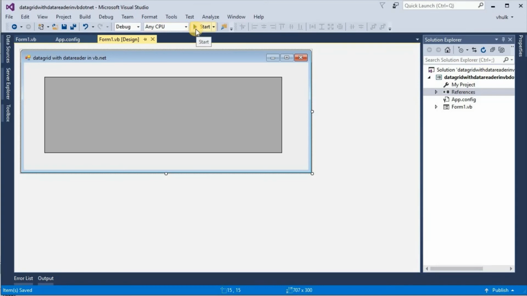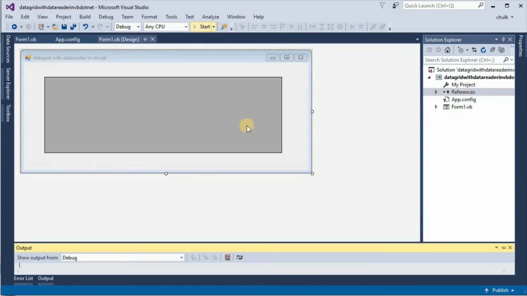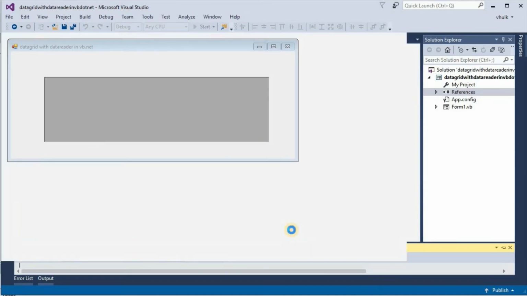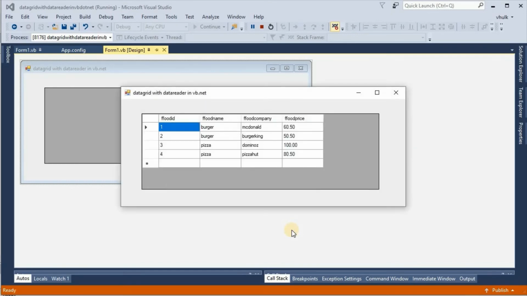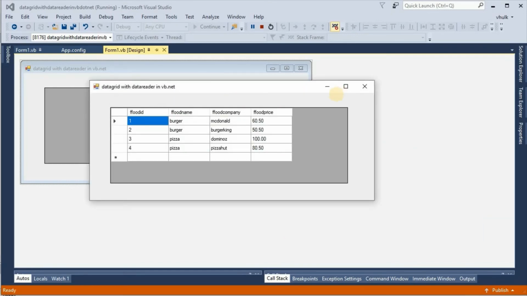And if we again run the project, now it feels better. We get all the records from table in data grid view.